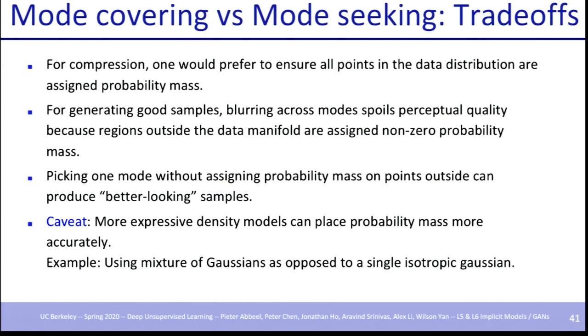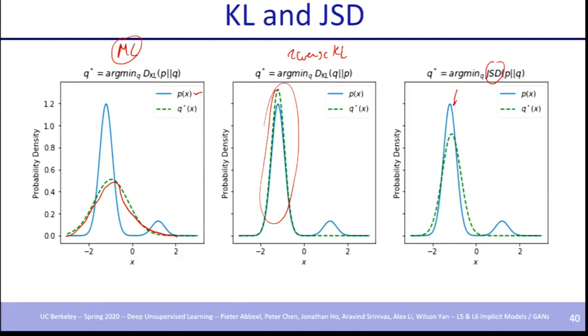What's happening is that, well, let's go back to this picture for a moment. The JSD distance metric will prefer zoning in on specific modes, which means that this mode, if you look at your generator, will pretty much not appear. And it'll actually be optimal. It's what it's optimizing for. Whereas if you had a maximum likelihood model, it'll really have to cover everything.